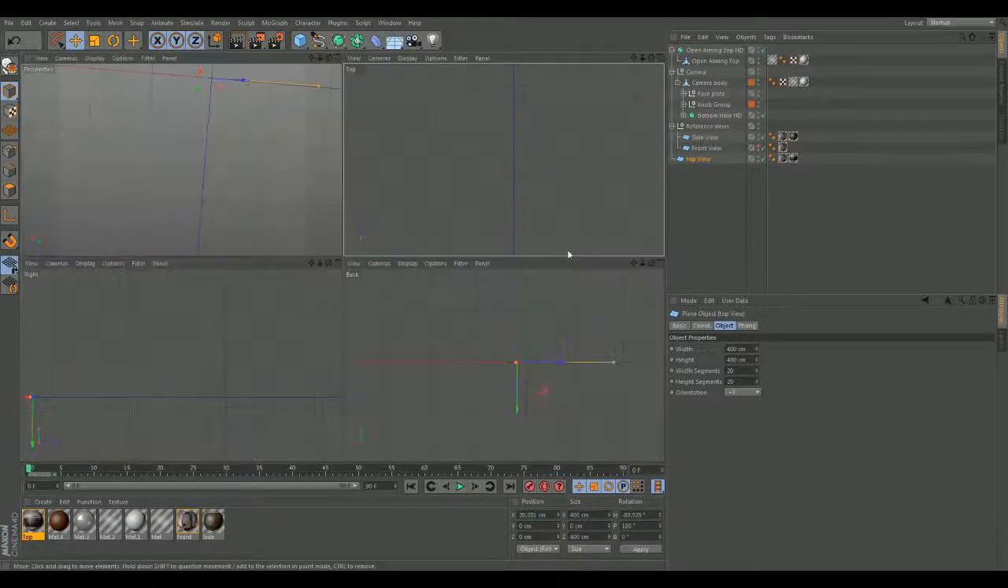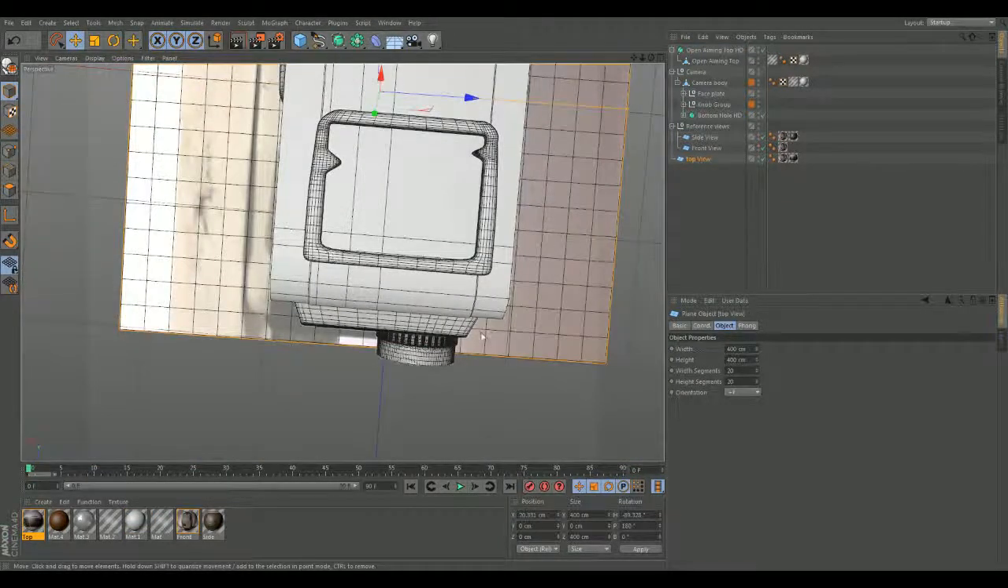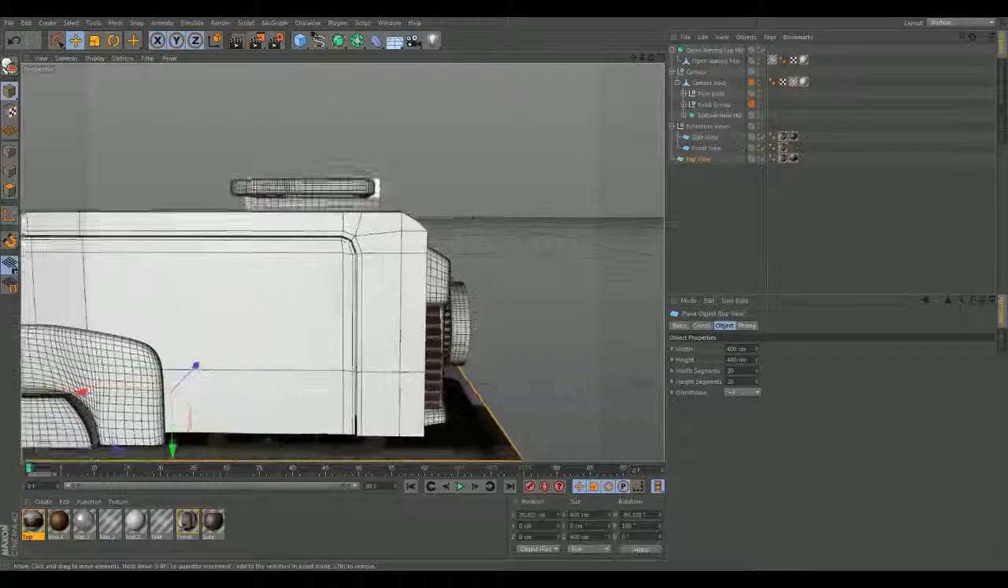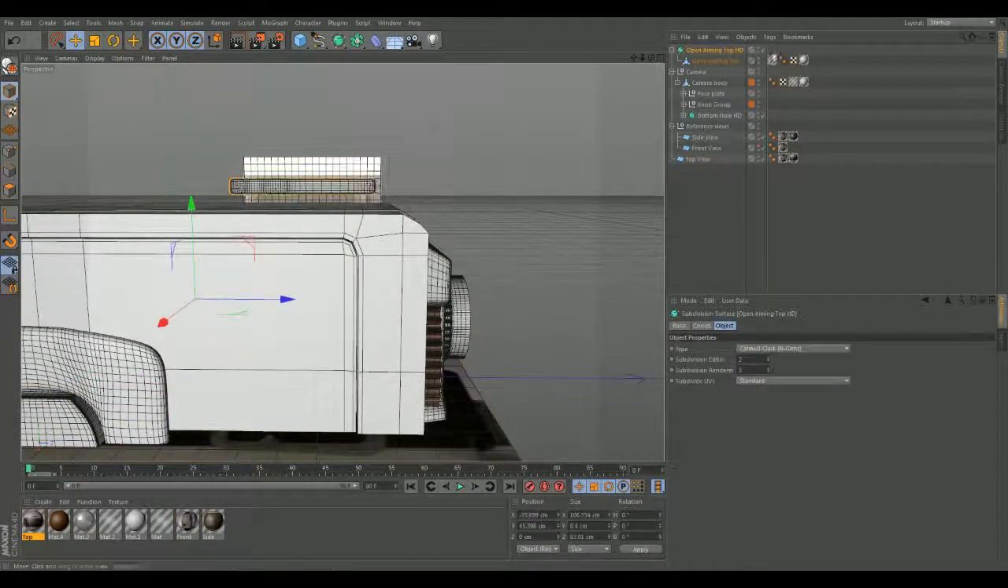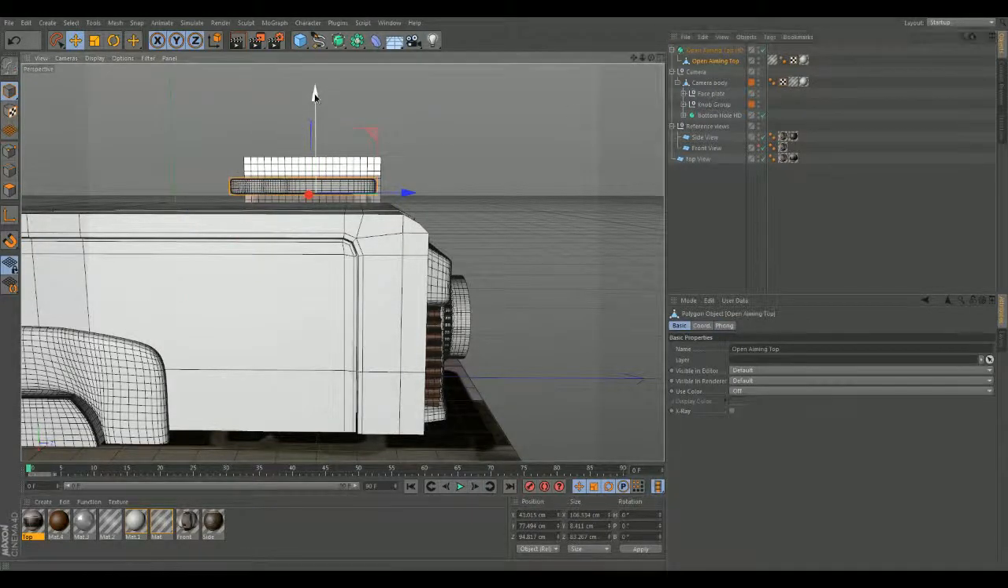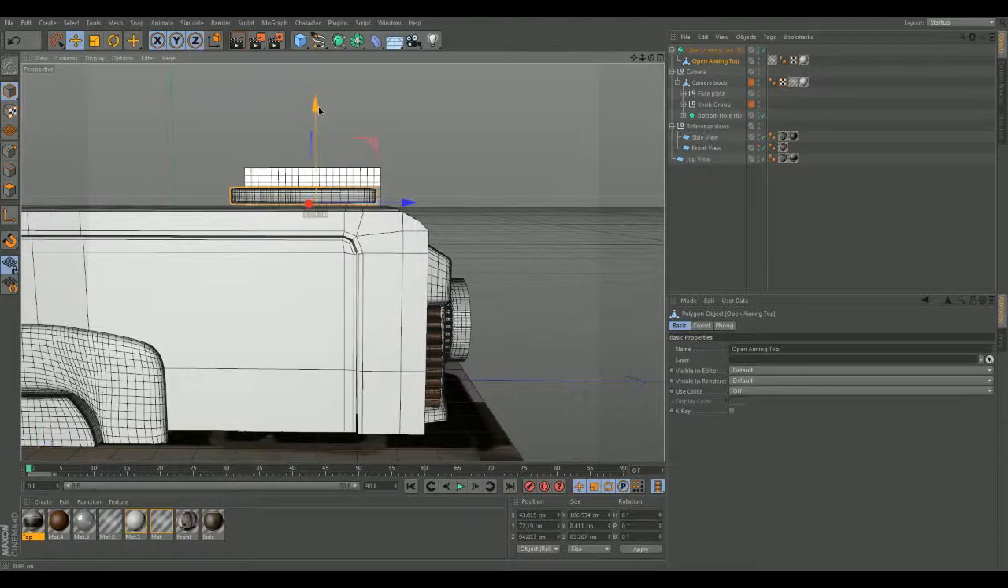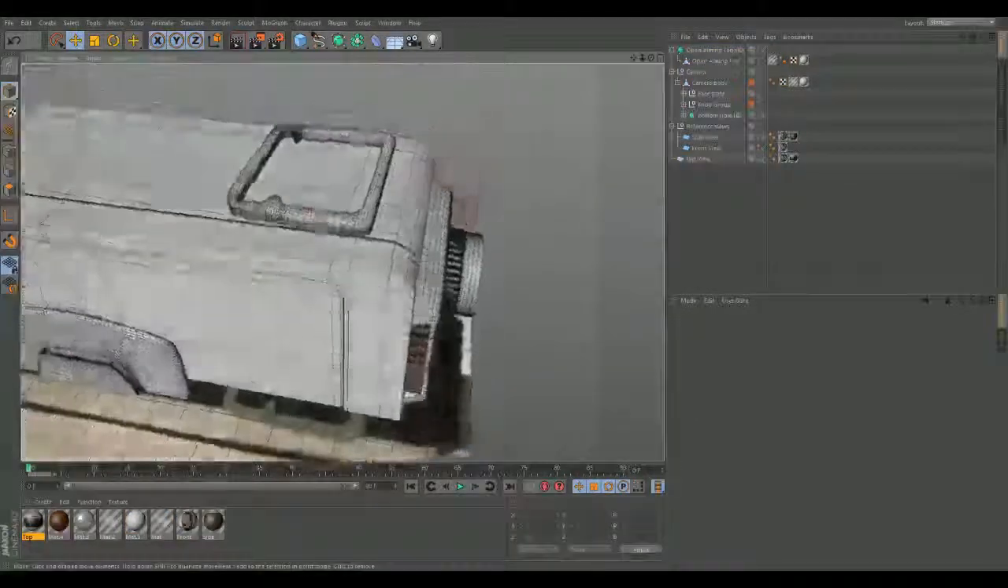And what I'm going to do is just make sure that it is in the right spot. It does have a little bit of a gap to it. There we go. Bring this down. It does have a little bit of a gap to it, like this. Okay, so now what I'm going to do